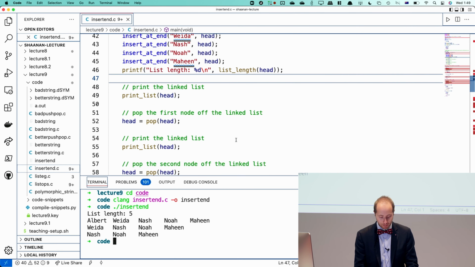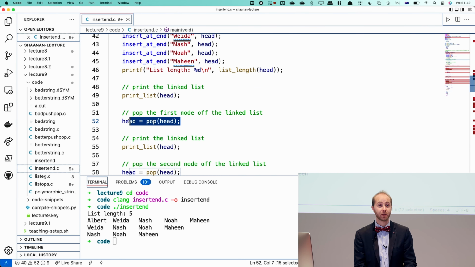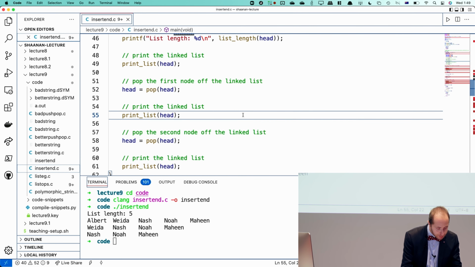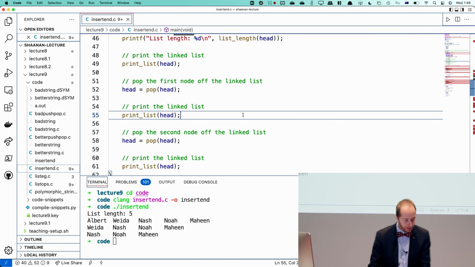Then I can do my pop, which removes the first person from the queue, because Albert has gotten his ticket, which leaves Wider, Nash, Noam, Maheen. We pop the second one, leaves Nash, Noam, Maheen. Okay, that seems to be working pretty well. What was next in my beautiful list? We had